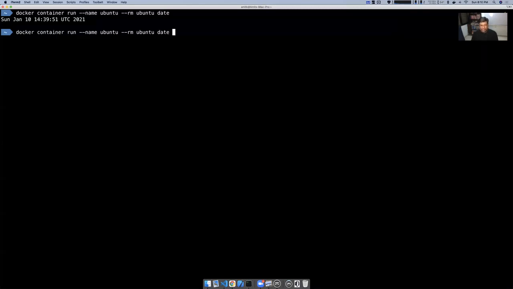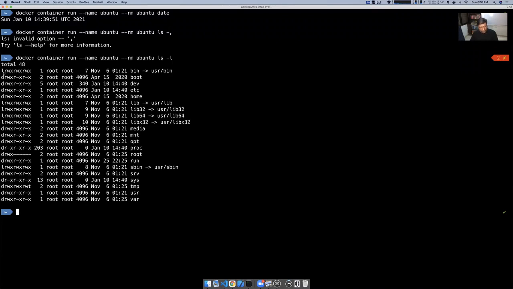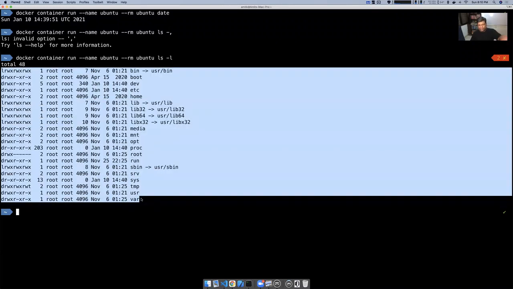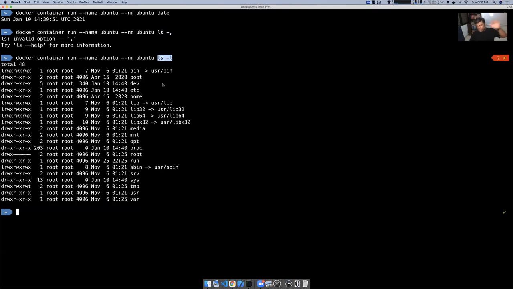See, I'm going to say ls instead of saying date. I can say ls -l, for example. And it is going to show me all the files and directories within that container. You see that? This is executing my command instead of doing nothing, or instead of executing that bash command. So again,